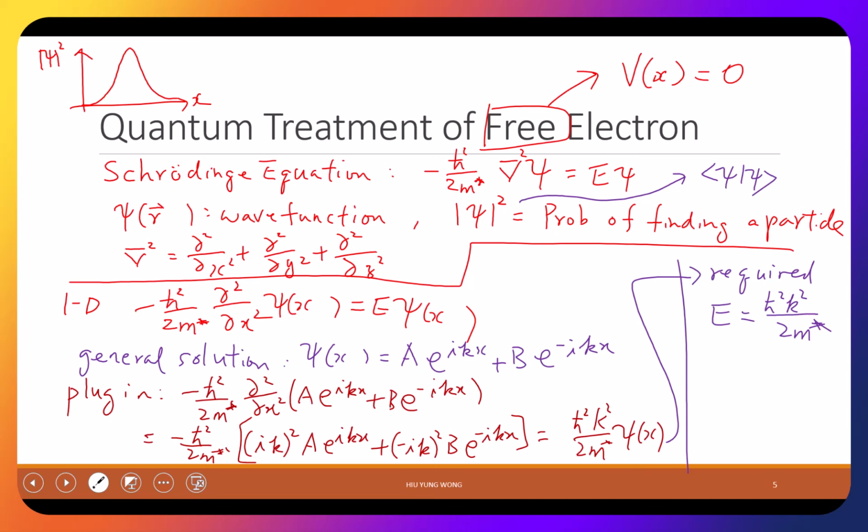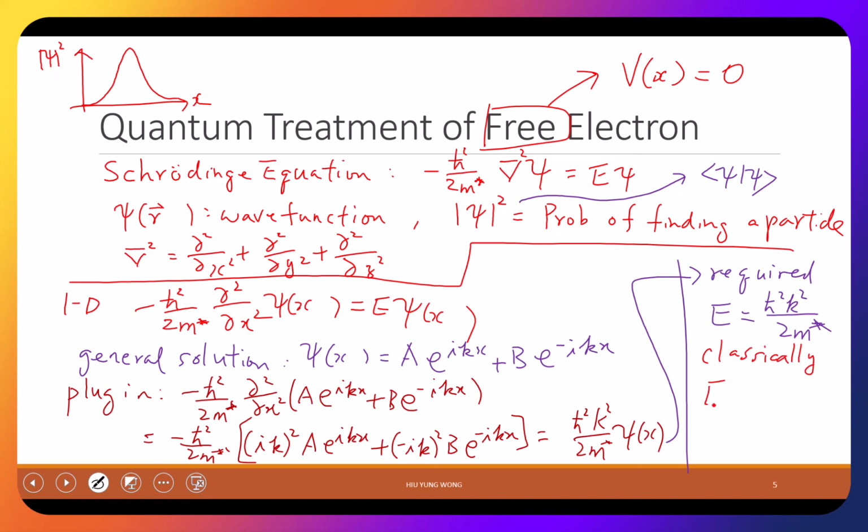Okay? So basically, it is telling us what? It is telling us that if you solve a free electron, its energy is going to be equal to ħ squared k squared divided by 2m. And what is the meaning of this? If you think about an electron in the classical sense, a free electron, what energy does it have? Does it have potential energy? A free electron? No, right? Free means no potential, right? So what energy can it have? Only kinetic energy, right?